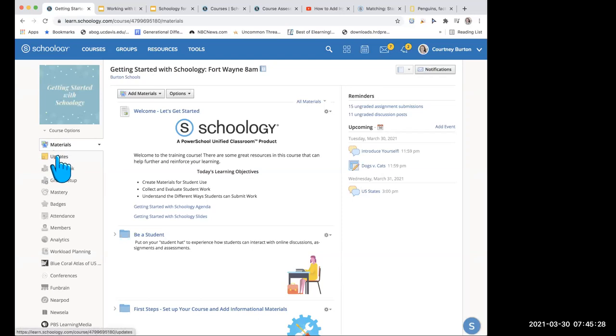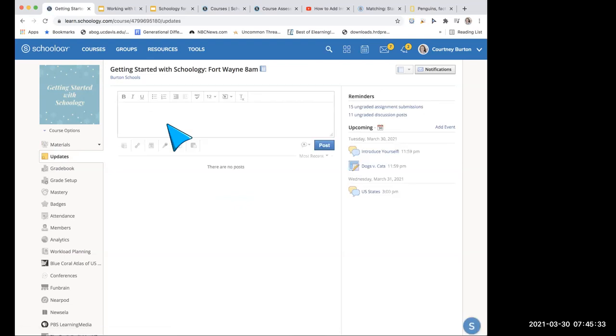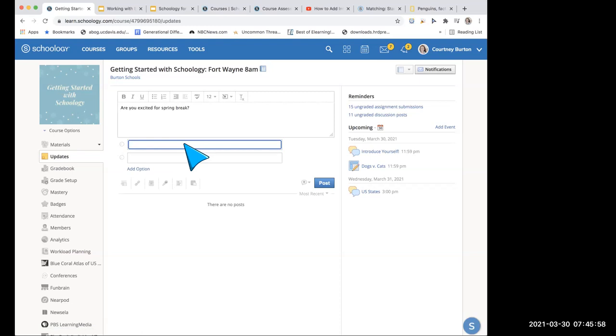I know one thing we didn't get to last week are the updates. So when I click here on updates, we can come in here and post updates to our students. Let's see. I can ask a question, are you excited for spring break? Then you see these icons, which you've seen in a bunch of different places, but there is a polling feature here. So if I click on the polling feature,